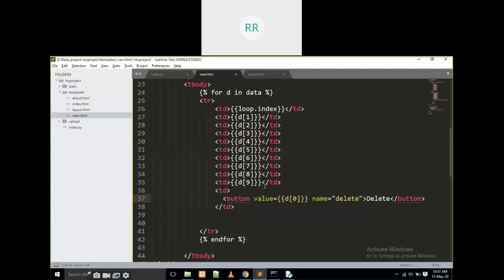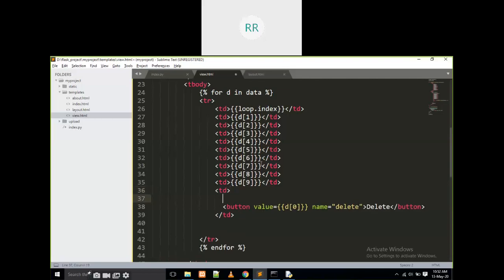Now what we have to do? If it is an input button, that means if I click on this button, one action will be performed, right? That means in the registration page, one button is there. If you click on that button, one action is done, right? The same thing here also. If the action has to be done, we have to write some form every time. Form open and form close. Then only it will be submitted.